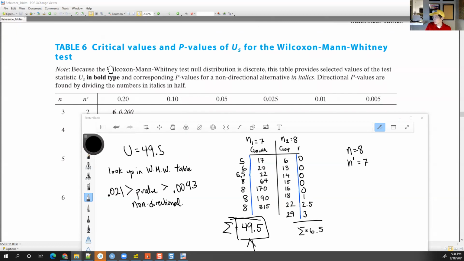The top of the table says directional p-values. This table provides selected values of the test U statistic in bold type and corresponding p-values for a non-directional alternative in italics. Directional p-values are found by dividing the number in italics in half. So always read this heading, and what it says is, if you have a non-directional alternative, your p-value is